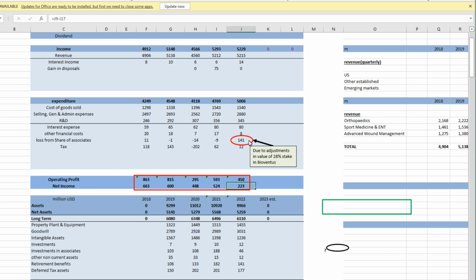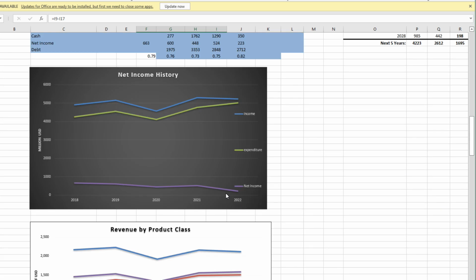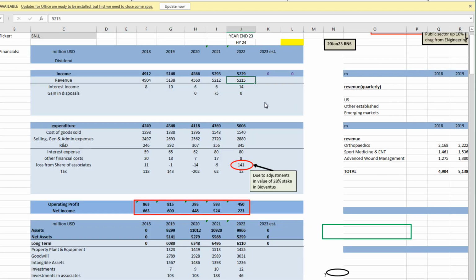But even if you credited them that 141 million, they're still well below the lower end of the range of their net incomes historically. And so there's no clear path to them increasing their net incomes from these lower numbers they're getting down here. So they're making a lot of money in terms of their gross revenues, but 5 billion is a lot of money, and maybe these particular markets they move in have been expanding a lot over many decades, but now have met a kind of saturation point. And of course, there must be quite a lot of competition as well